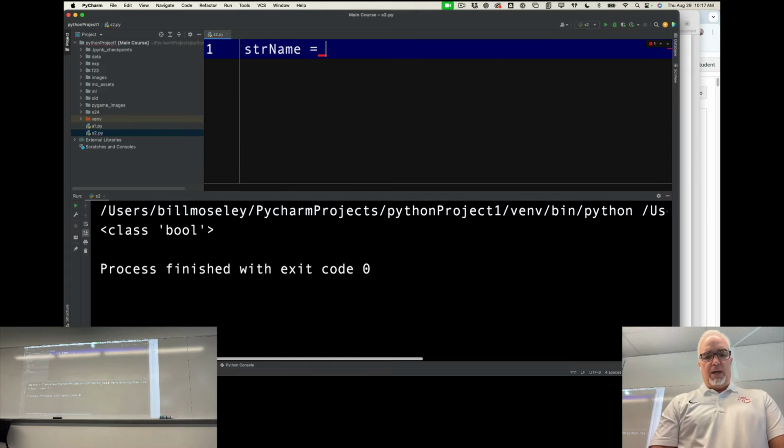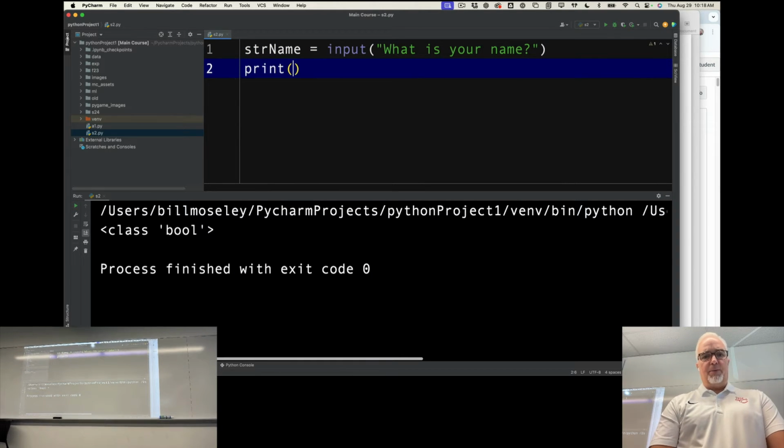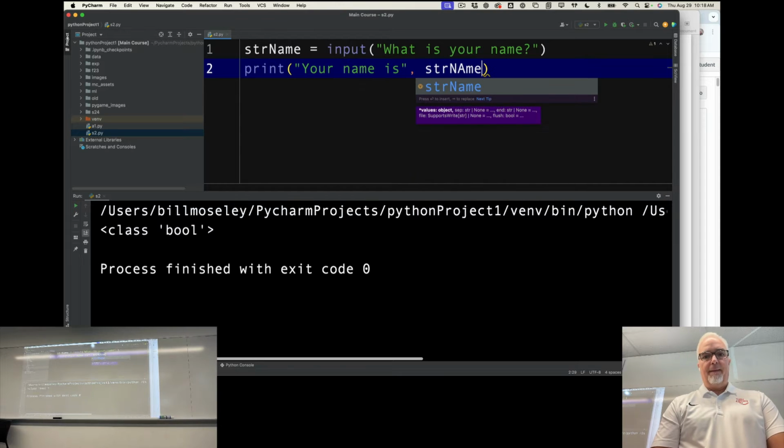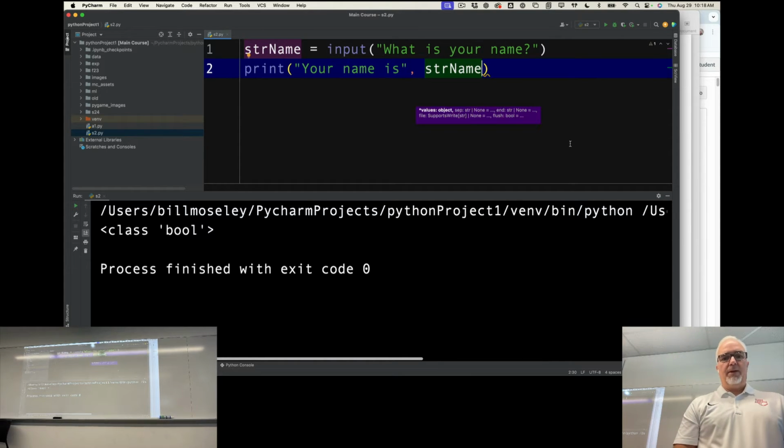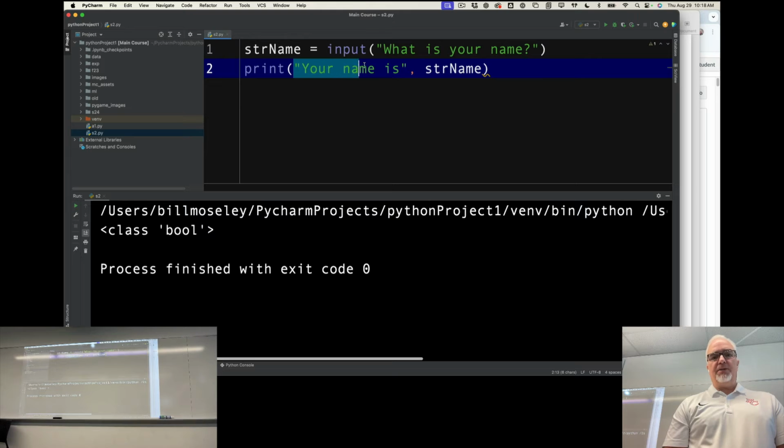So str name equals input and parentheses, okay, and then I'm going to print, I'm going to do it like this. Okay, it's going to print two things. It's going to print this, your name is, and then it's going to print str name, which is whatever I type. So when I run this code,